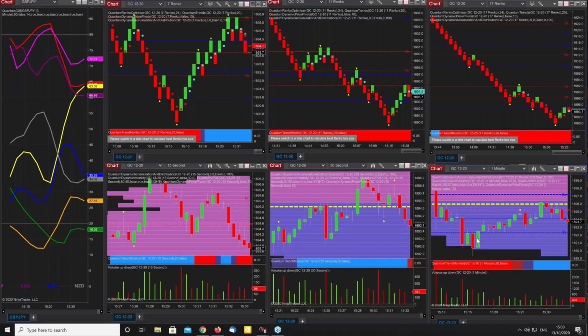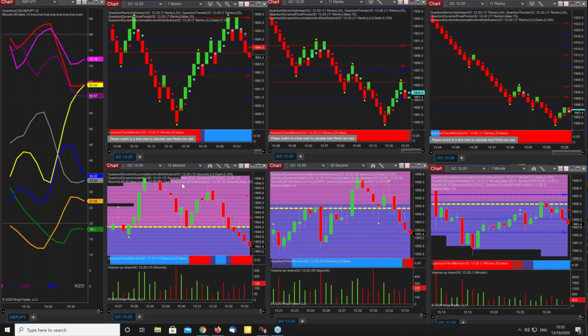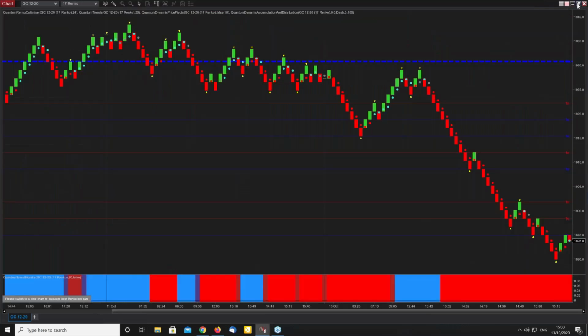I've just switched over onto the multiple Renkos, and these are the equivalent. So below here, you've got the equivalent time: a 15-second chart here, a 30-second chart here, and a 1-minute chart here, strung along the bottom. And these are the equivalent Renko brick sizes according to those time frames. The 1.7 at the top is telling you the brick sizes delivered by the indicator are